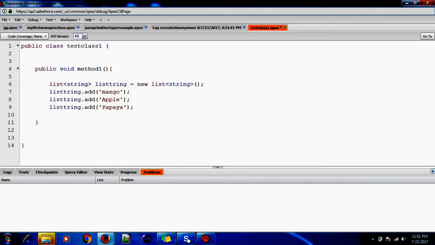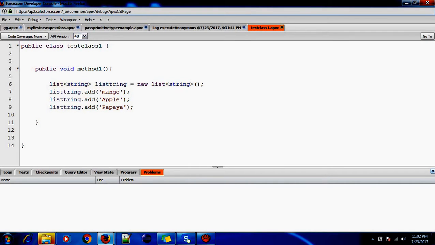Papaya. So these 3 fruits we have added here in this list. Now let's save this. Saving. So now we have added mango, apple, papaya in this list.